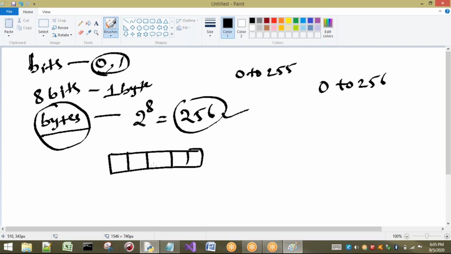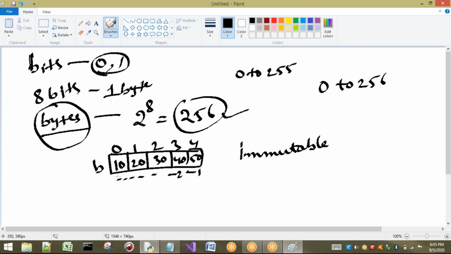This bytes data type is also immutable. Already you know what is meant by immutable. Let us consider I have created one bytes data type with the values 10, 20, 30, 40 and 50. The indexes will be 0, 1, 2, 3 and -1, -2 and so on. If I try to change the 0th location, let us consider b of 0 equal to 60, it is not possible.